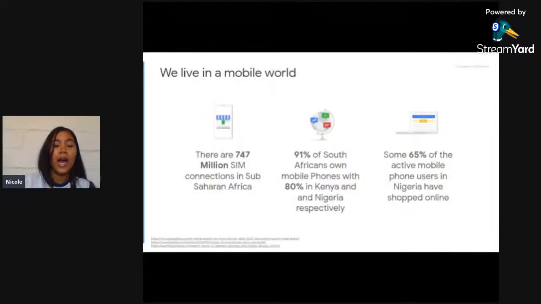Now let's take a look at how mobile has changed the way we behave. Mobile in particular is changing how we act and behave as humans. We have never been more connected to information, knowledge, and people. We have the answer to pretty much any question at our fingertips. We have the power to do our own product research.